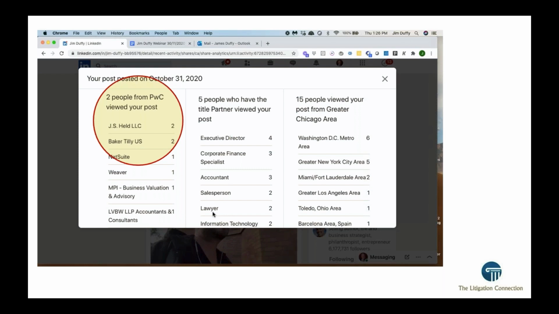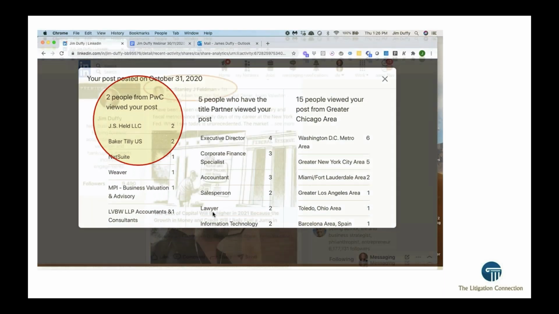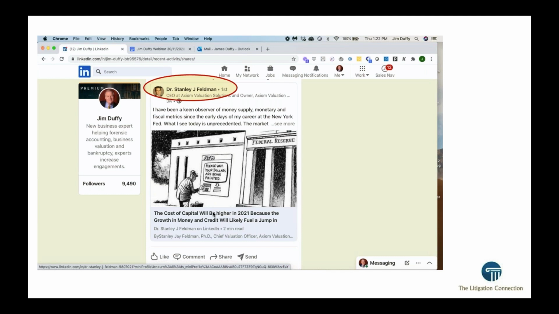And we target them. We also connect to them on LinkedIn. So here's one of our customers, Dr. Stanley Feldman. And Dr. Feldman, we actually produce some content for his particular organization, and he focuses on bankruptcy attorneys. So he does business valuations for companies that are near or in Chapter 11, and the content that we propagate is specifically for that particular type of persona. And again, we're able to draw in those types of individuals to Dr. Feldman's site.